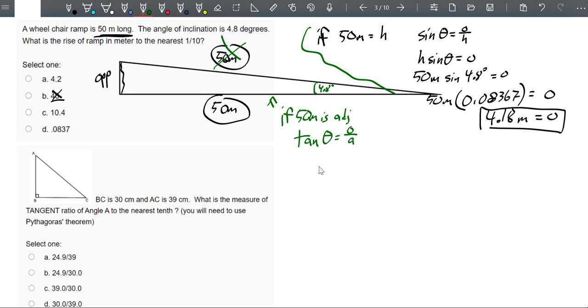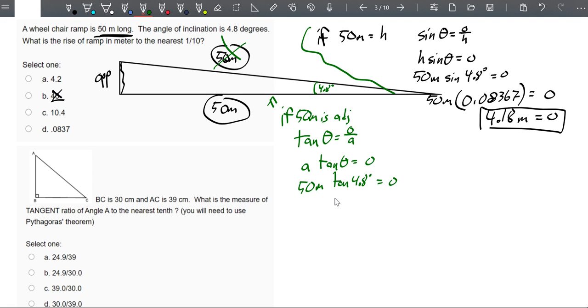Tangent is opposite over adjacent. We're looking for opposite still, so adjacent times tan of theta is opposite. Adjacent might be 50, depends on our interpretation here, times tan of 4.8 degrees. If we take the tangent of 4.8 degrees, that's